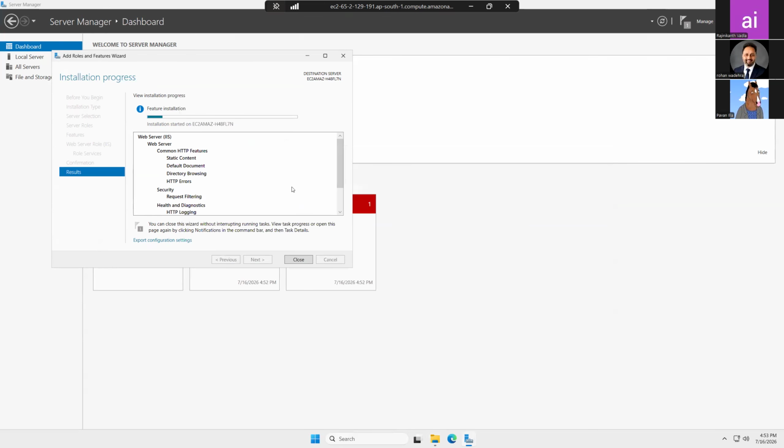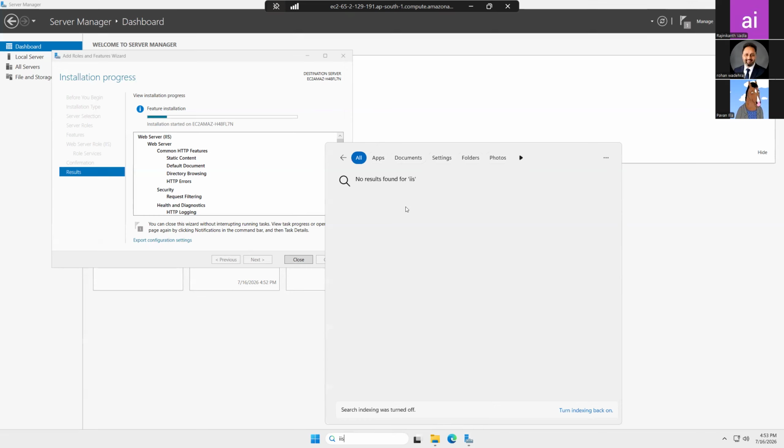So once IIS is enabled, you are able to see that and you can deploy. You can see IIS also as a service. You have to create an application pool. Inside the application pool, you need to create a website domain, and then you have to route that with a path, and then you can expose it with this Windows public IP.